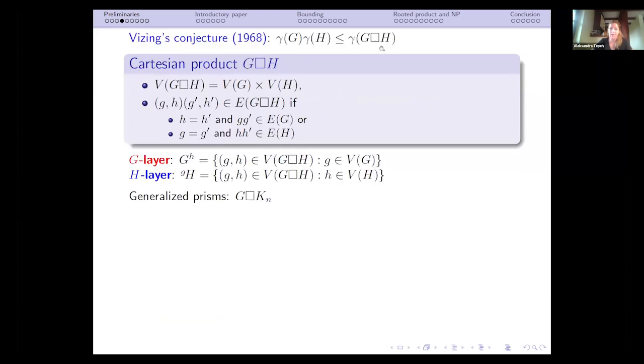Yeah, Vizing's conjecture says that the domination number of the Cartesian product should be at least as large as the product of domination numbers of the factors. Yeah, so what is the Cartesian product? Let us recall, just in case, what this is. Well, you can see the formal definition here in this block, but it is useful to consider it